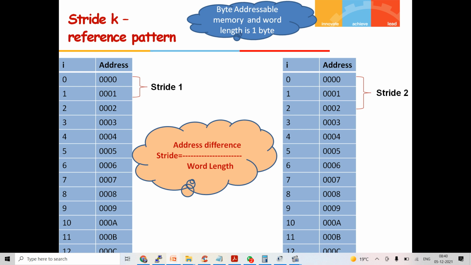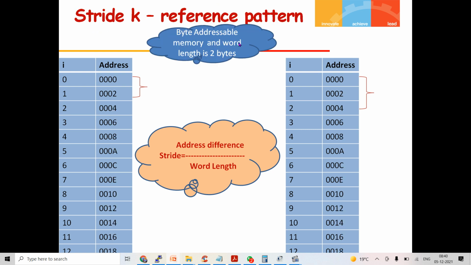Let us have a look at the next one. Here it is a byte addressable memory and the word length is 2 bytes. All these are bytes, but each word is going to be 2 bytes.